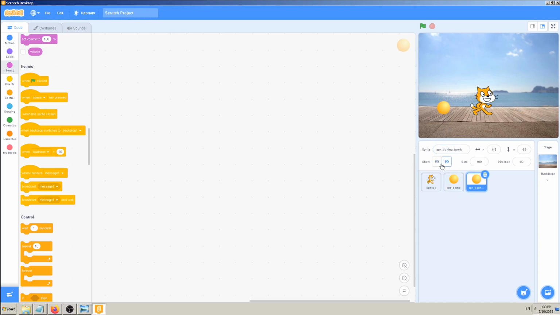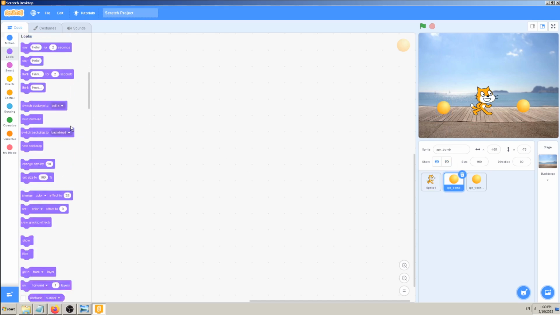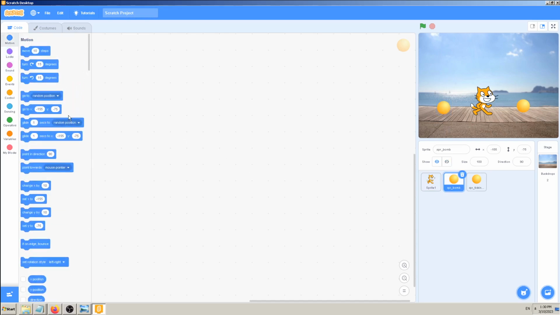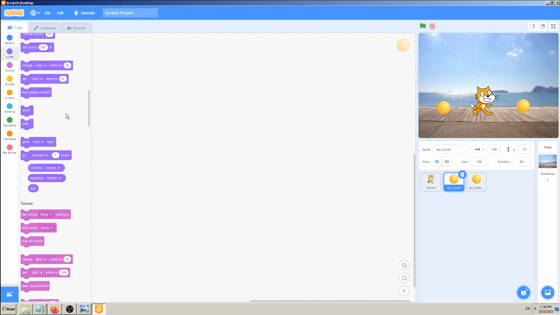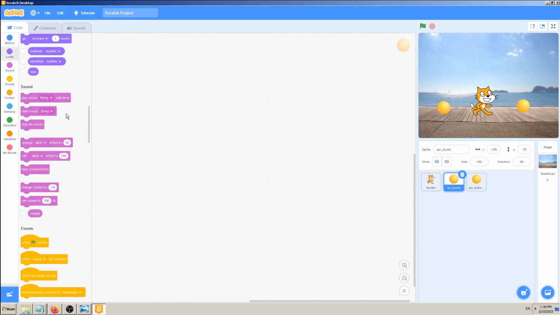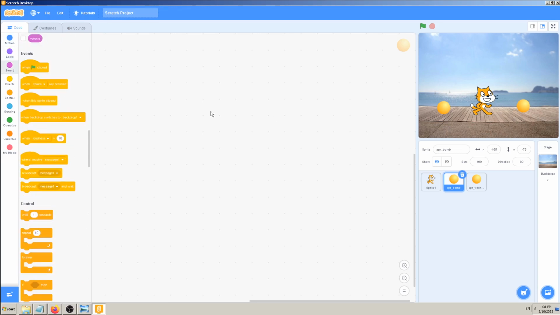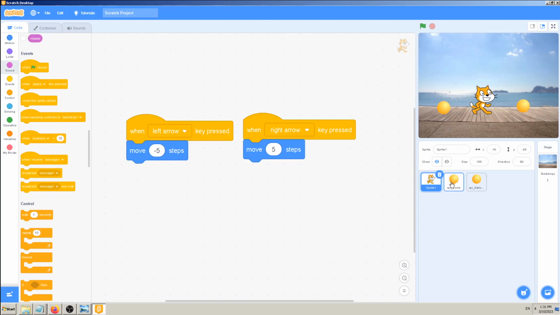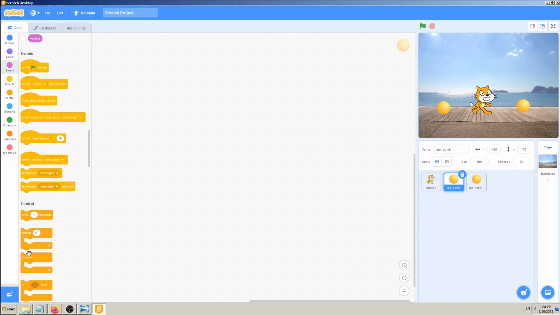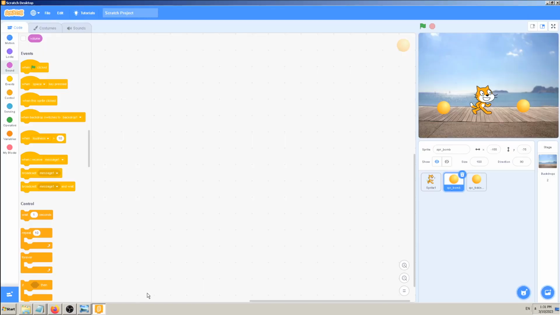Okay, so let me first code the simple stuff in terms of how to destroy the instance, the sprite on the screen. I need to check when this cat touches this sprite bomb on the left. When those two collide, I don't have that event in Scratch like I had in GameMaker. I don't have collide, so I have to find it